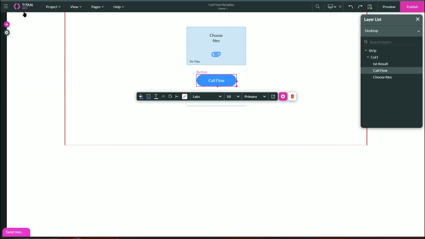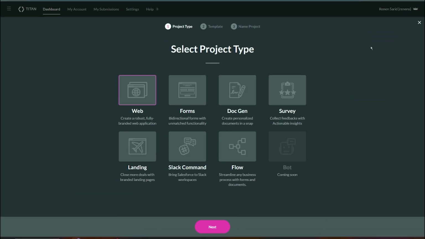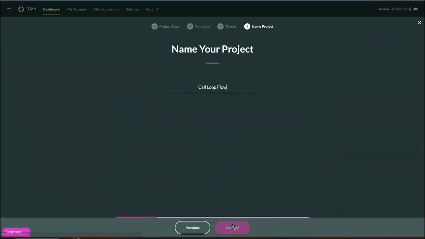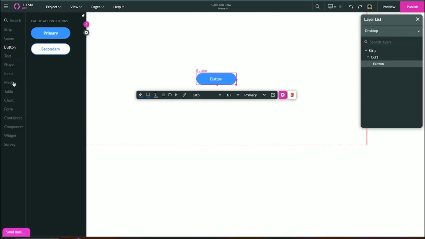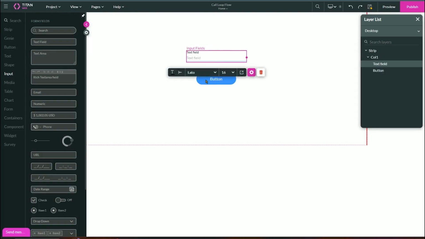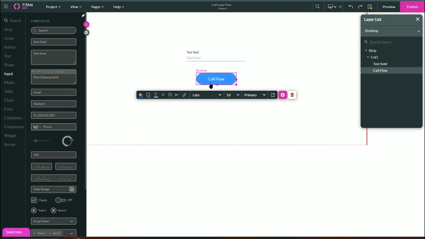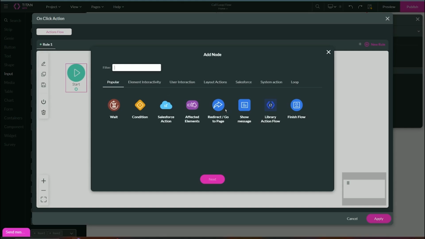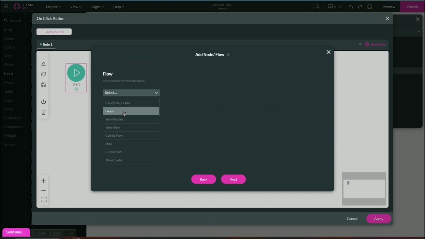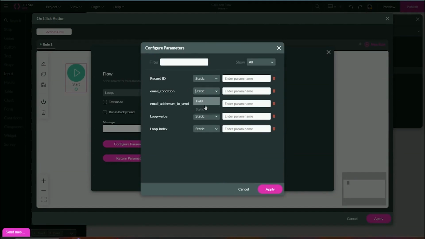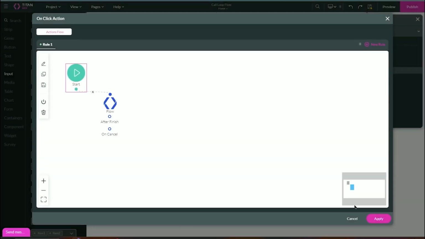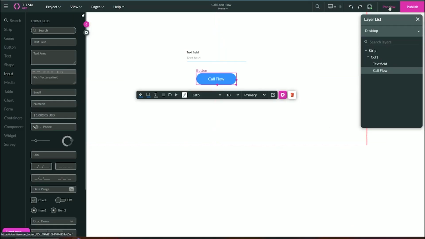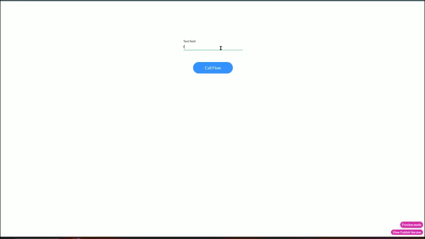We can now head over to a web project. I'm just going to create a brand new web project. And over here, I'm going to place my condition. So I'll head to the button's on-click action. I will call my flow. And for our email condition, I'm going to select a field and I'm going to input my text field. So now, if we save and preview this project, I can go ahead and put here formtitan.com and call my